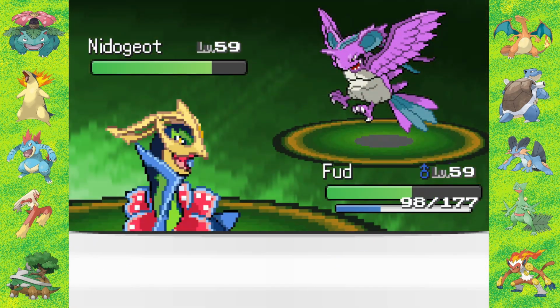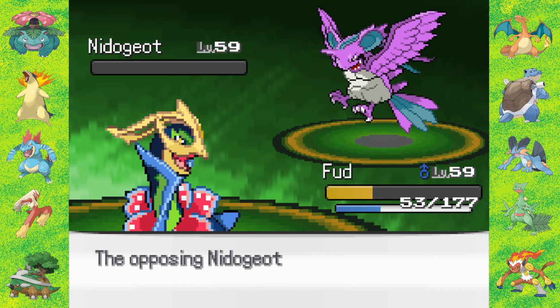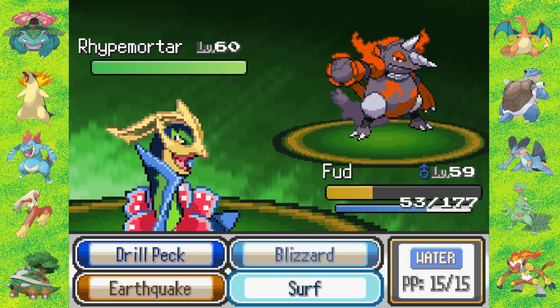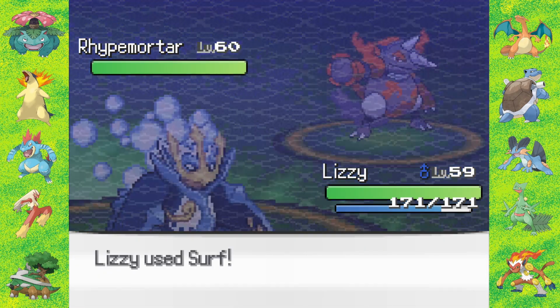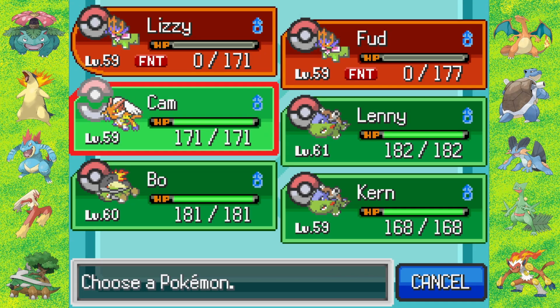We try to just use any attack we really have. I don't actually know what type this is, so I just start using Blizzard. I get a little bit of luck, he full restores, and I eventually take it out while still being in the yellow. Next up is his Rhyperior Mordor. So I try to use another Blizzard before eventually getting taken out. I then swap into Lizzie, who uses a Surf, puts it into the red, it uses a Drill Run, and